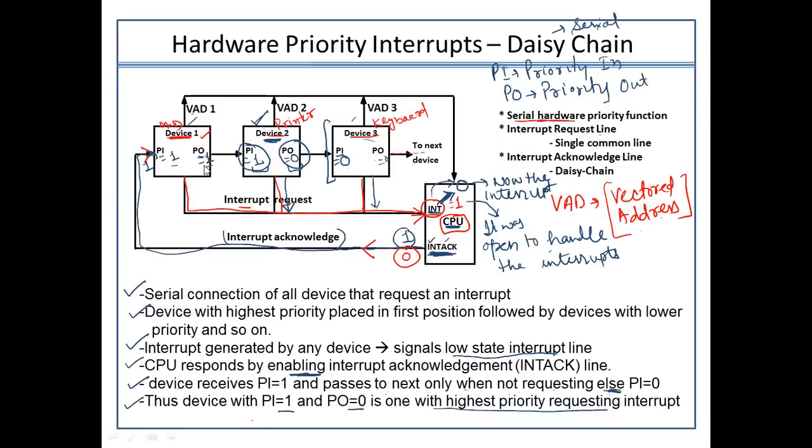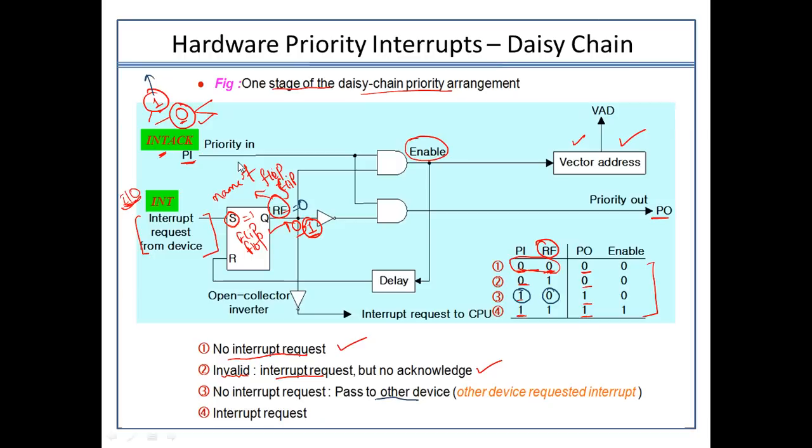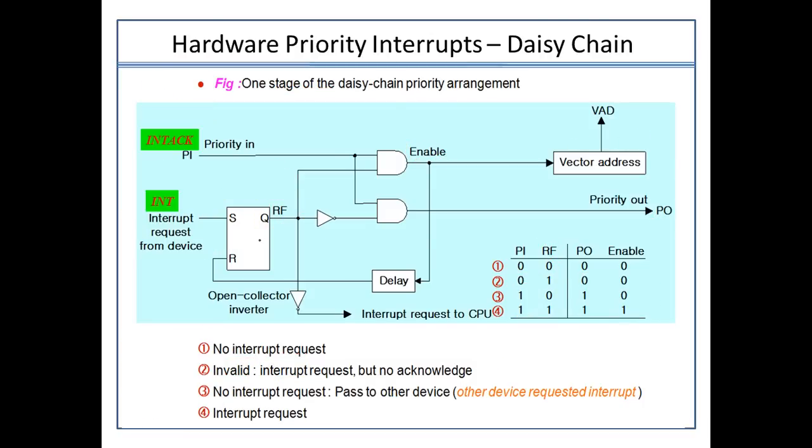So simply we are passing it to the next device like this. When the device has not generated the request, that was the first case. This device has not sent the request. Its PI was equal to 1, so it simply forwarded or passed the request to another device. Okay, so this is the case here. Let me rub out the entire thing from the notes first. Okay, so we are going to discuss this third point now.